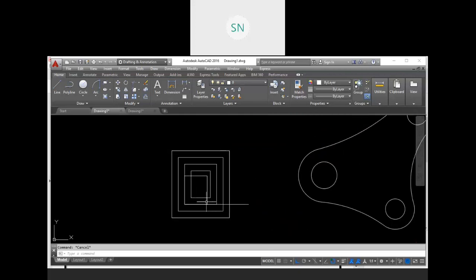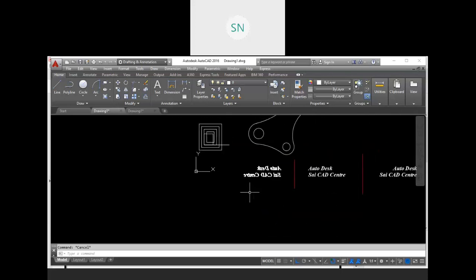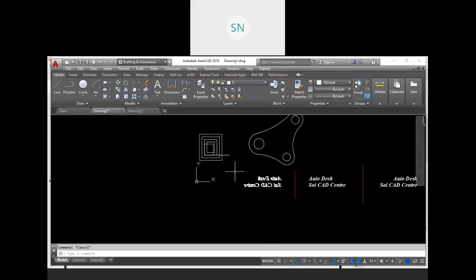First, we discussed move, copy, rotate, scale, and then trim and extend, right? So we discussed our modification tools.